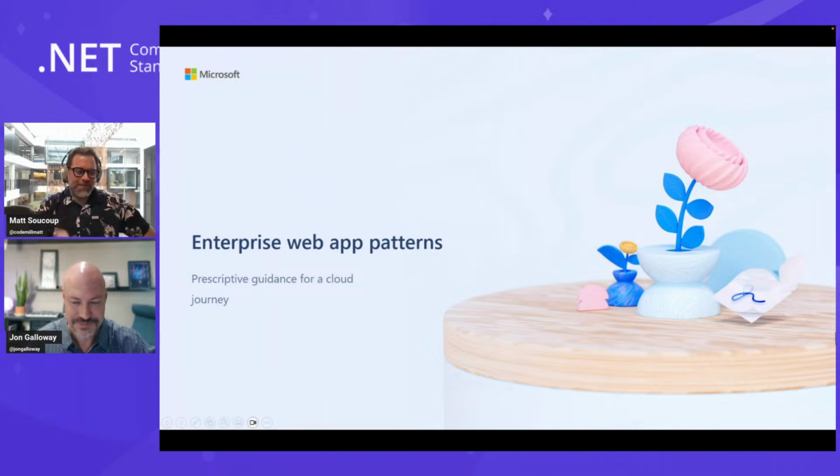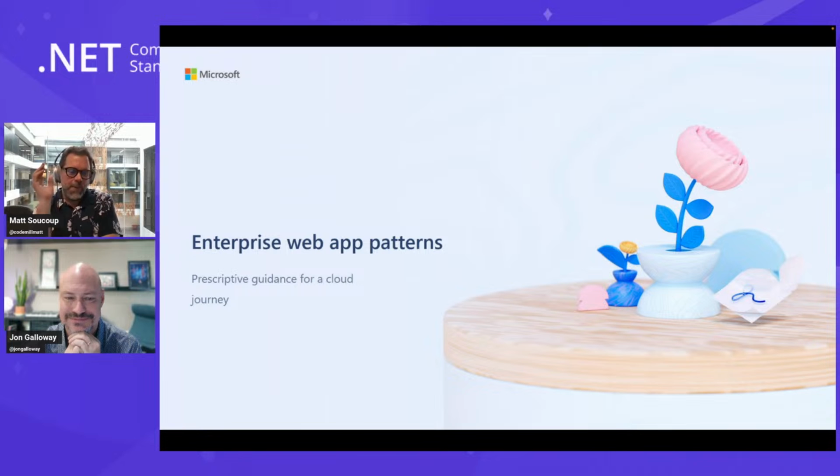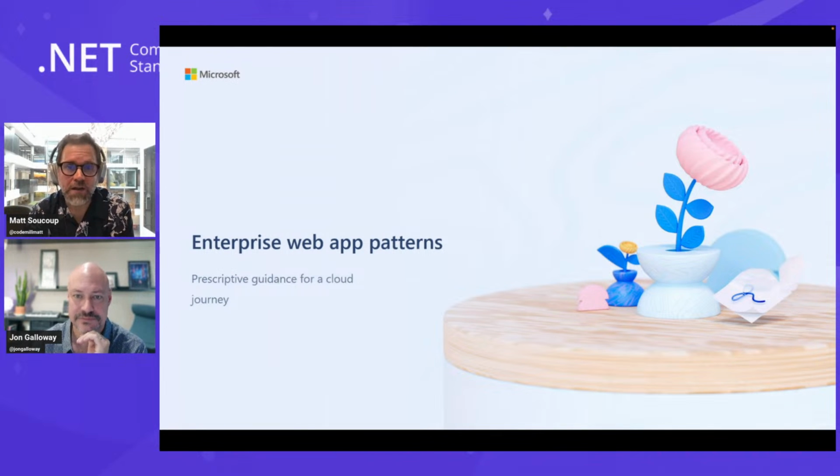So what's cool about the enterprise web app patterns is a lot of the times, John, we're very good at saying at Microsoft, you know what, you can do things this way or that way or the other way, go ahead and pick your own adventure. Every way will work, and there's no wrong way to do it. But the problem with that is that it kind of leads to confusion. And it's like, well, what's the right way to do it? Well, there is no wrong way, but what's the right way to do it? And so that's where we wanted to get at with the enterprise web app patterns, is that we wanted to have prescriptive guidance for a cloud journey and saying, do it this way, because